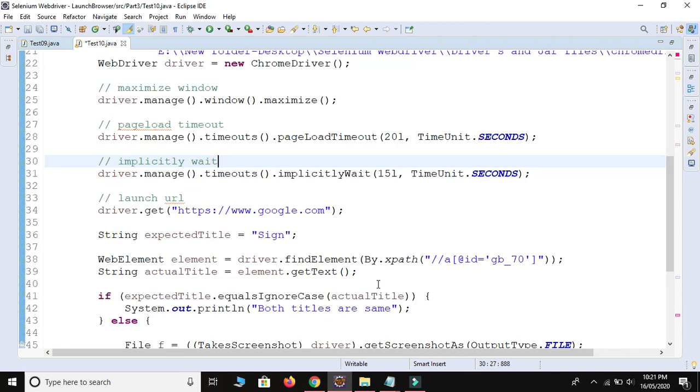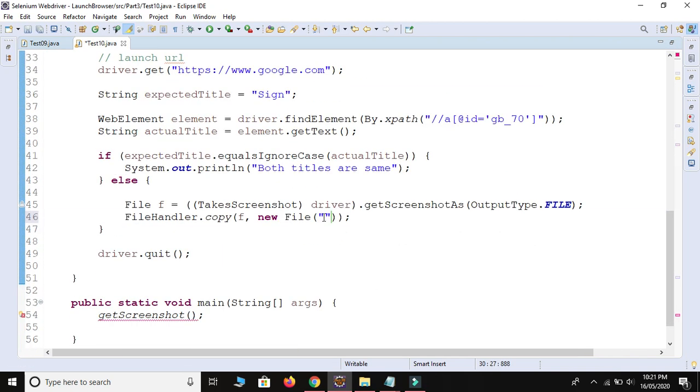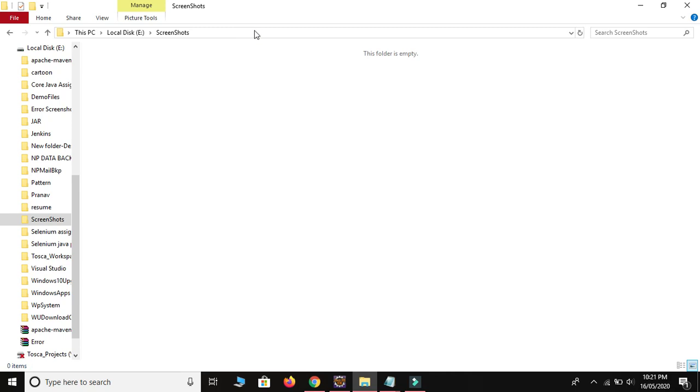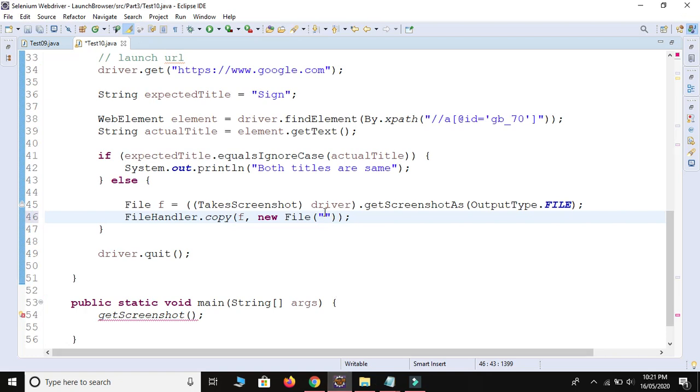In this double quote I will share the location where I need to take the screenshot. So I have created one folder, screenshots. Let me copy and paste over here. Means I am going to store my screenshot in the E drive and the folder name is screenshots.